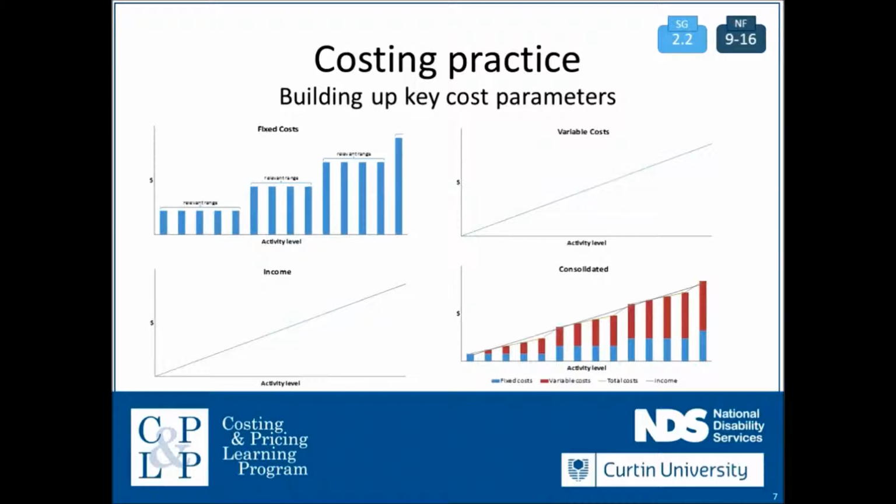Under the NDIS, the income will typically go up as you deliver services, because you will get paid based on each service iteration by invoice. So an additional service should result in more income. And the costing practice, and ultimately the pricing practice, of course, is focused on trying to determine what the right mix of services is for your organisation, and also from a financial sustainability perspective, what level of activity is most appropriate to ensure financial sustainability. Part of that process then requires us